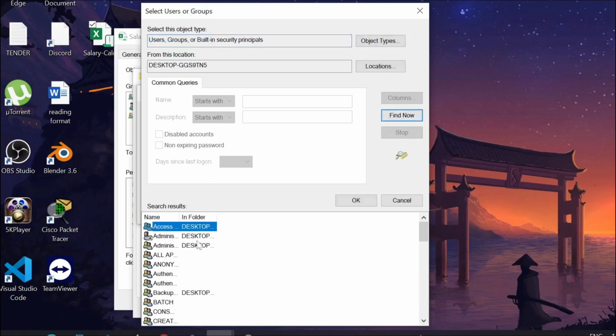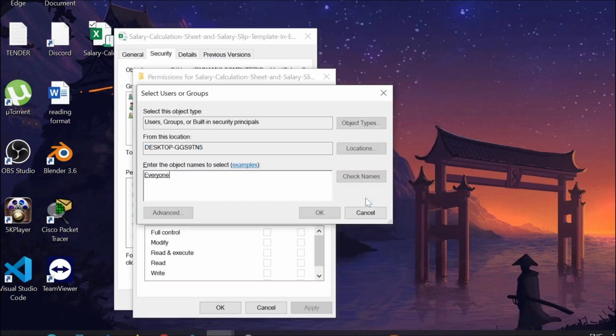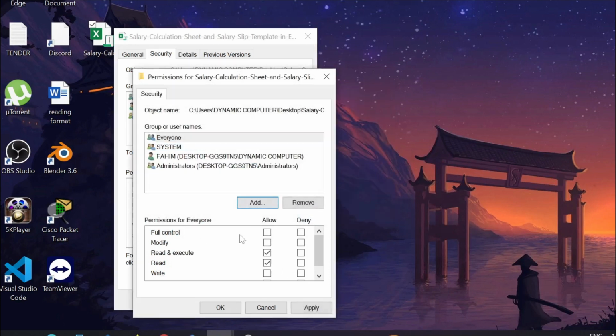Just click that option, find now, and here you can see on the left side there are a bunch of options. You have to find the option everyone. Just scroll down a little bit. Here's the option everyone. Select it and click OK here, and after clicking it just click OK, and here select